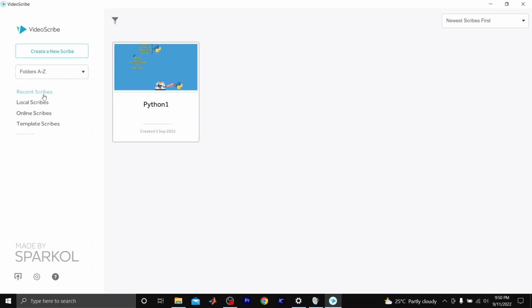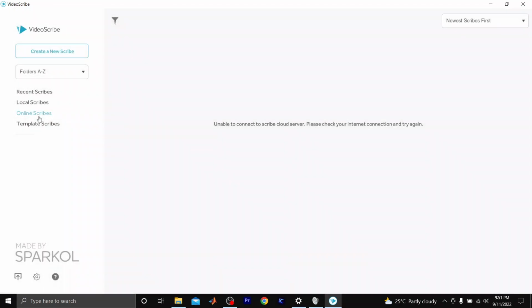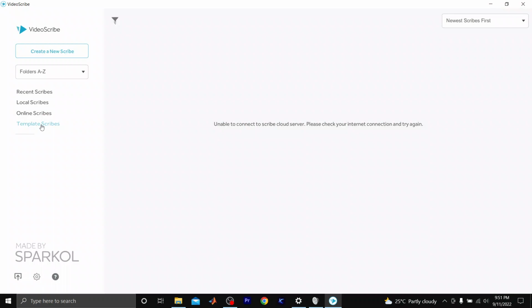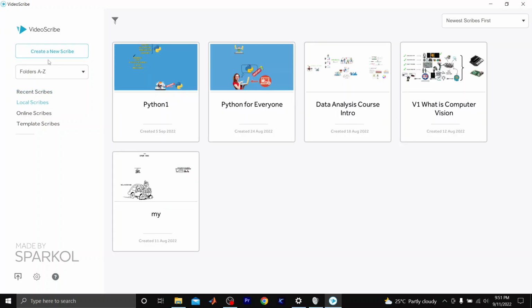I can load my recent scribes. I can load my local scribe which I have saved on my drive. I can access my online scribe. I have not been working on any online VideoScribe page, so it is not showing any video here. And templates for the VideoScribe. I have not purchased any templates, so it is not connected with the cloud server. So we will be working with our recent scribes and local scribe, which we will be creating through the create